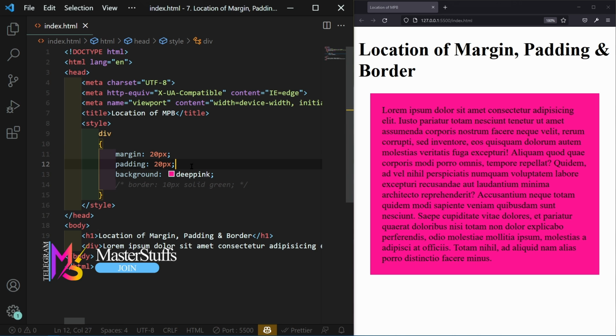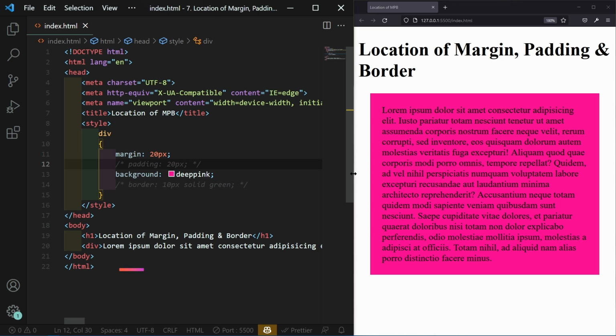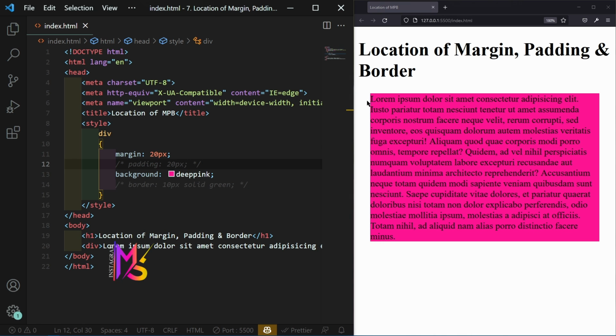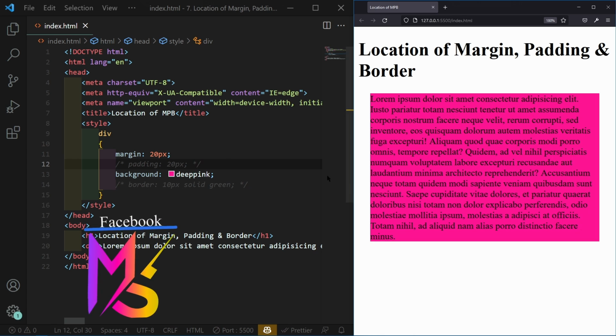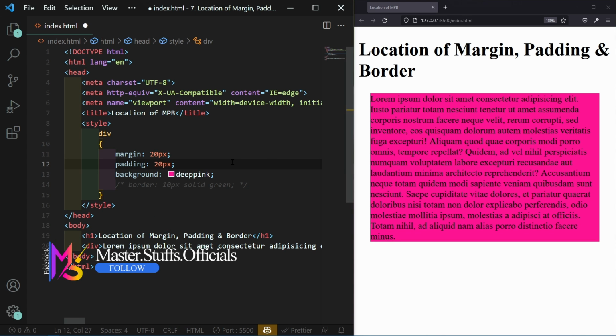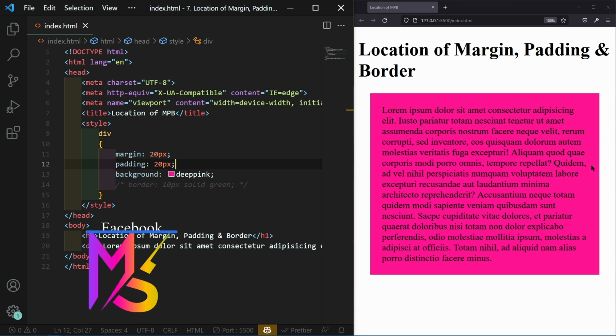Now I comment out the padding and save this. As you can see here, this is the margin on the outer side of the element and there is no space inside the element. If I comment the padding in and save this, 20 pixels of space are created around the element inside.